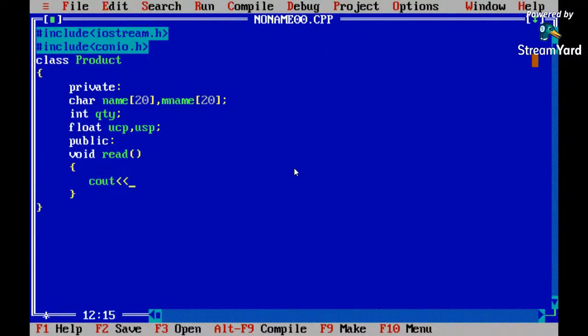So cout. Here we require: enter name, manufacturer name, then quantity,